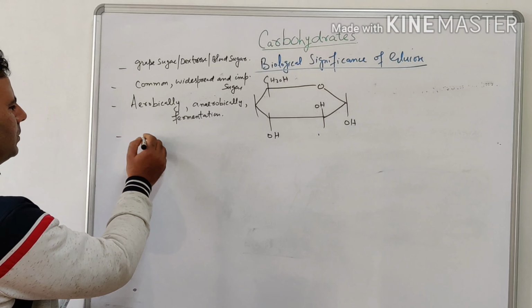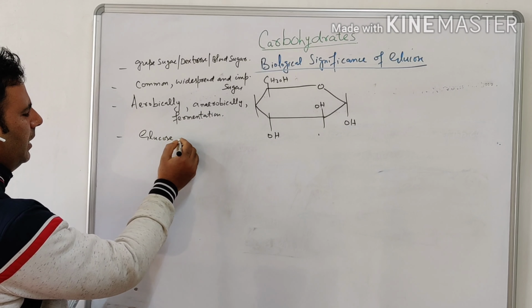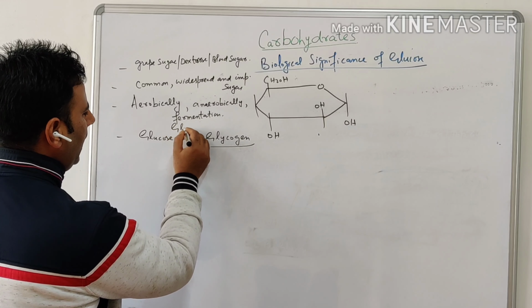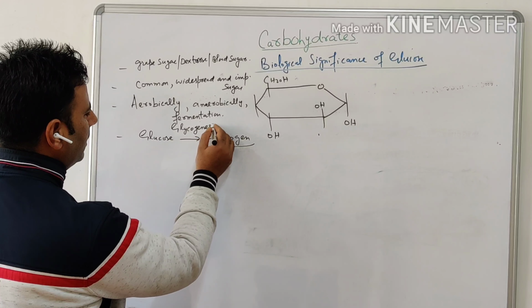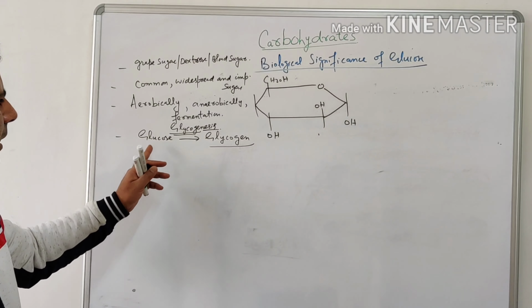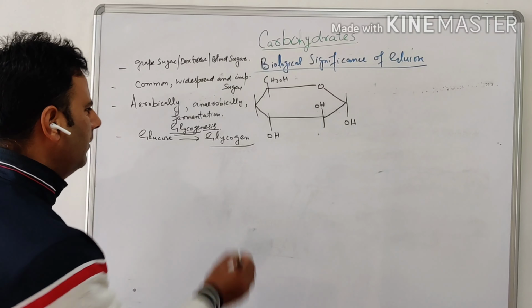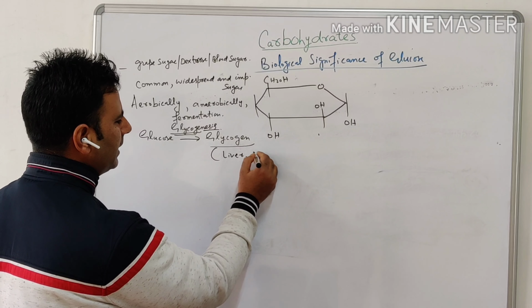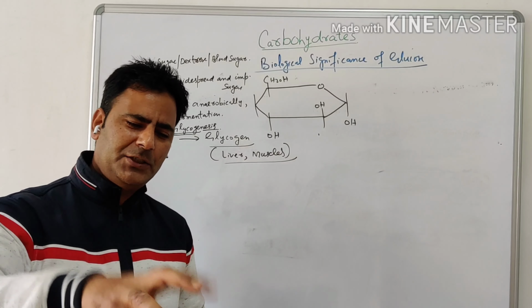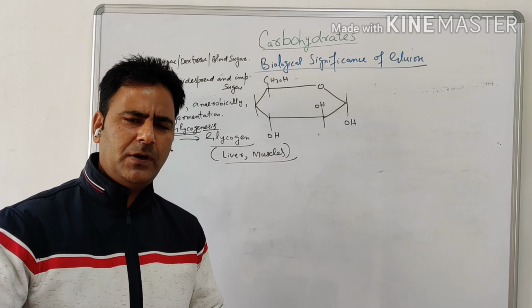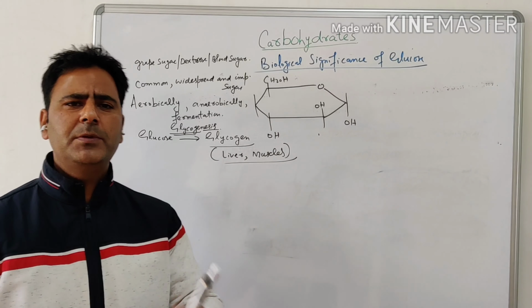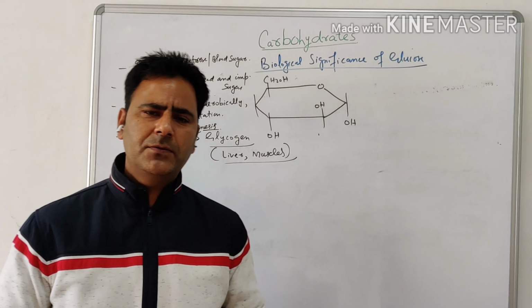Second thing is that glucose is converted into glycogen by the process of glycogenesis. Glycogen means glycogen, genesis means synthesis. So glucose is converted into glycogen in our body at two places. One is the liver and the second is the muscles, right? This is stored, and in this stored form, for example, if we take a fast, maybe voluntarily, or maybe the circumstances are such that we are supposed to be fasting,